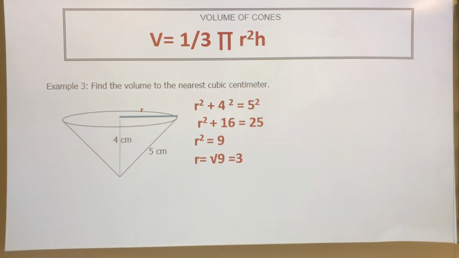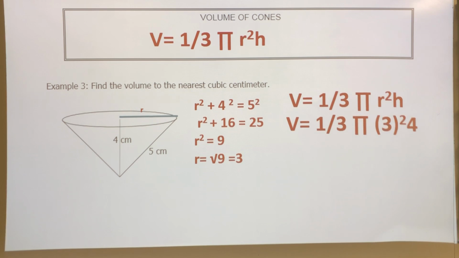So now we have enough information to be able to enter it into our volume formula. This 1/3 is the same as dividing by 3. Because of the PowerPoint, it can be kind of difficult, so I just want to present this to you as 1/3, but it's the same as dividing by 3. So we have pi times the radius squared times h, and when we plug these values in, the radius is 3, so we square it times 4, divided by 3 times pi, and we get a total answer of